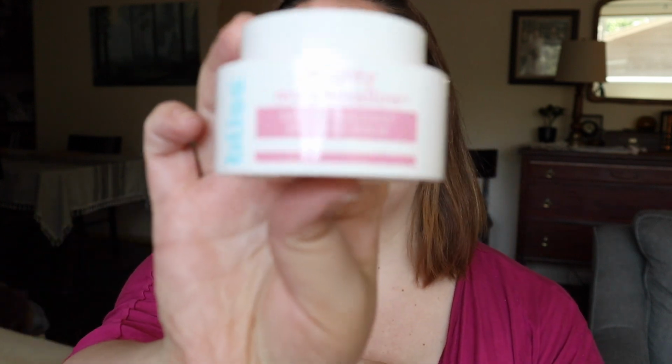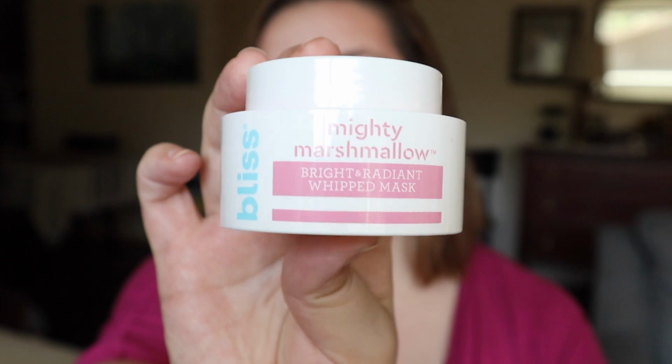Okay, the next project was Skin is In, and of course that's just for a skincare product. I've been working on this face mask from Bliss. It is the Mighty Marshmallow. This was a very whipped formula, and I wanted to get 30 uses out of it. Let's see, the last update I had 18 uses, and throughout the project, I kind of talked about not being able to hit my 30 use goal,